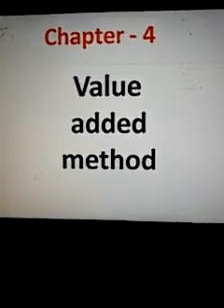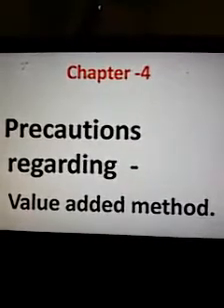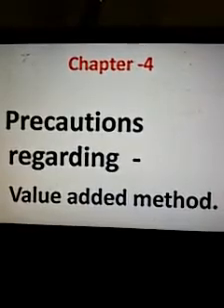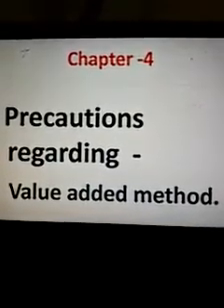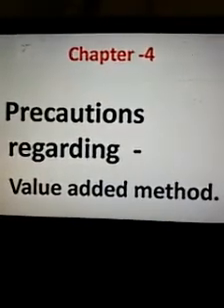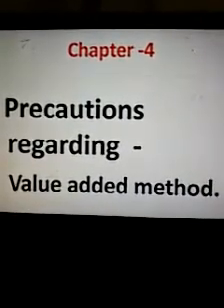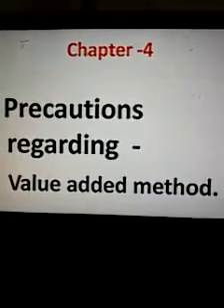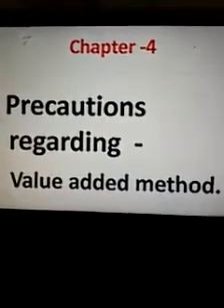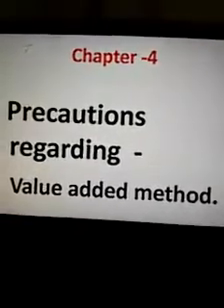So what are the precautions that we should undertake while calculating national income from value added method? First is, value of the sale and purchase of second hand goods is not included in the estimation of value added or GDP, because value of second hand goods is already accounted for during the year they were produced. Second, commission earned on account of the sale and purchase of the second hand goods is included in the estimation of value added, because commission is the reward for the services rendered.